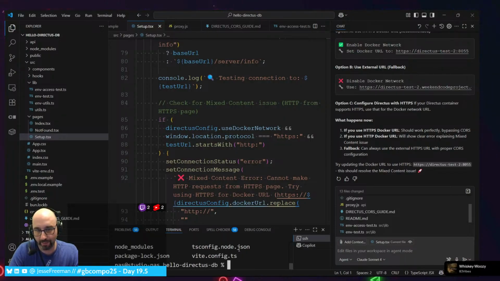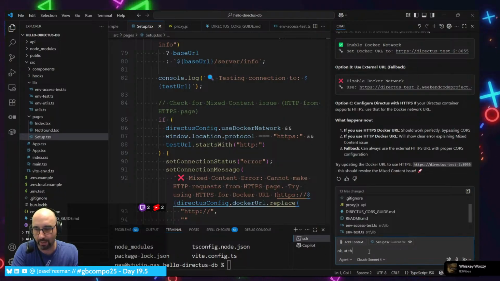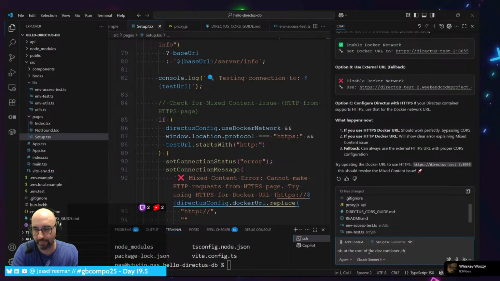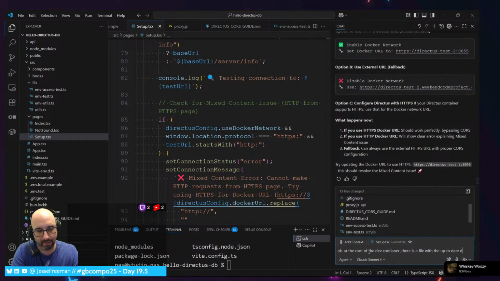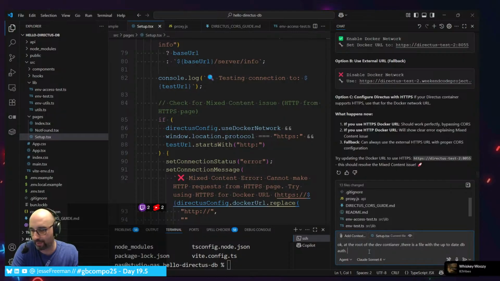No, what I need to do is that at the root of the dev container, there is a file with the up-to-date JSON, up-to-date DB auth.